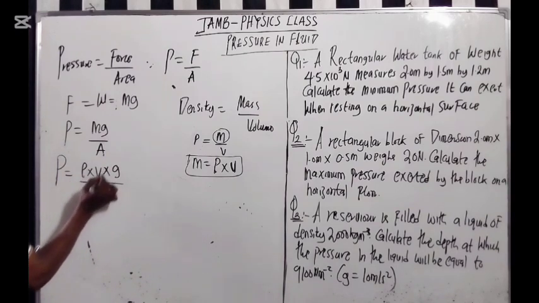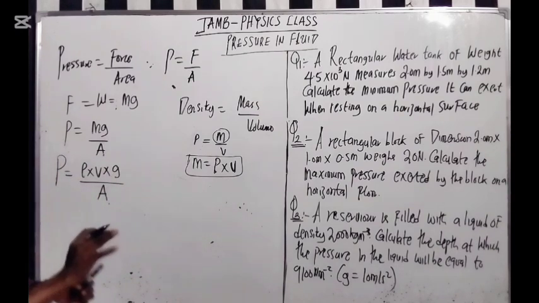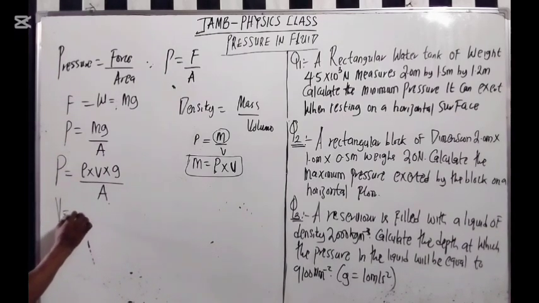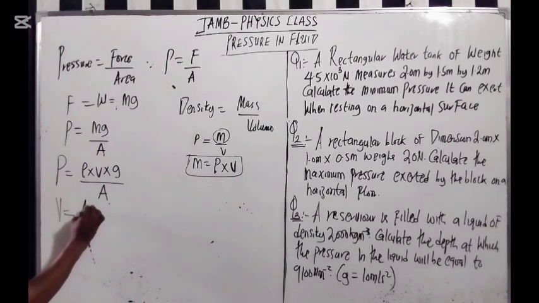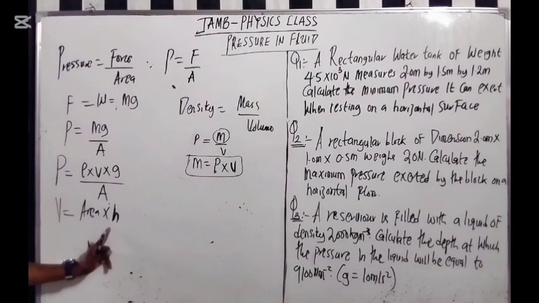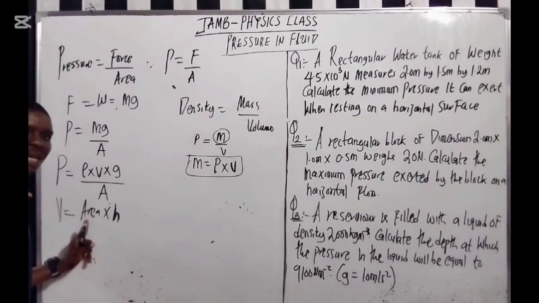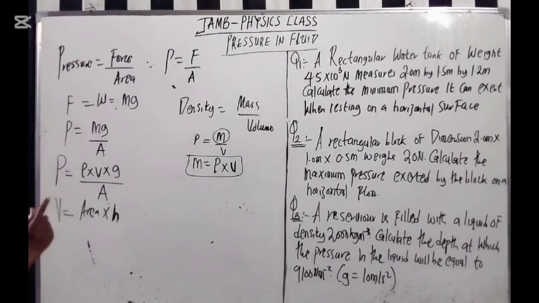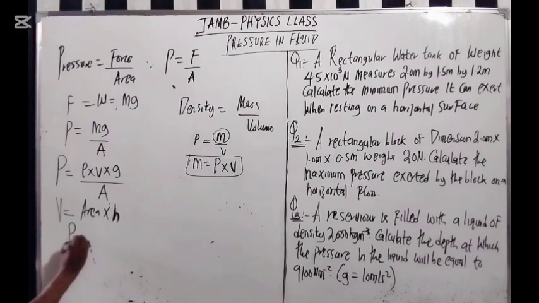Now we can break this down further. The volume we can break down: volume equals area times height, because meter squared times meter gives volume. So if you look at it very well, pressure equals the density times